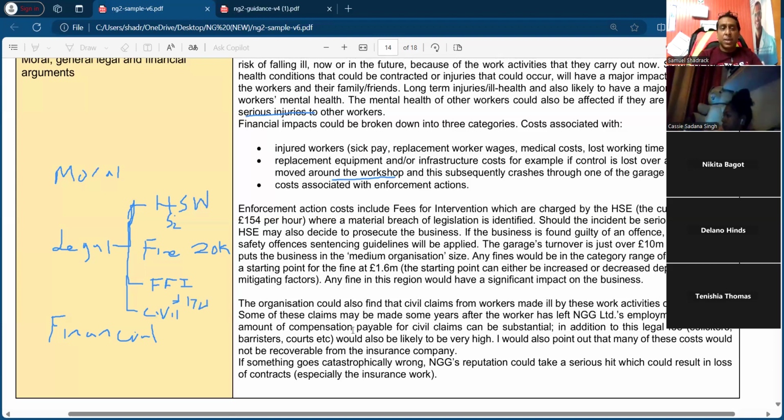So I think that part is finished. We can come to financial. So for financial, if you're okay with legal, the HSW Act fines, fee for intervention, civil claims, etc. Now,